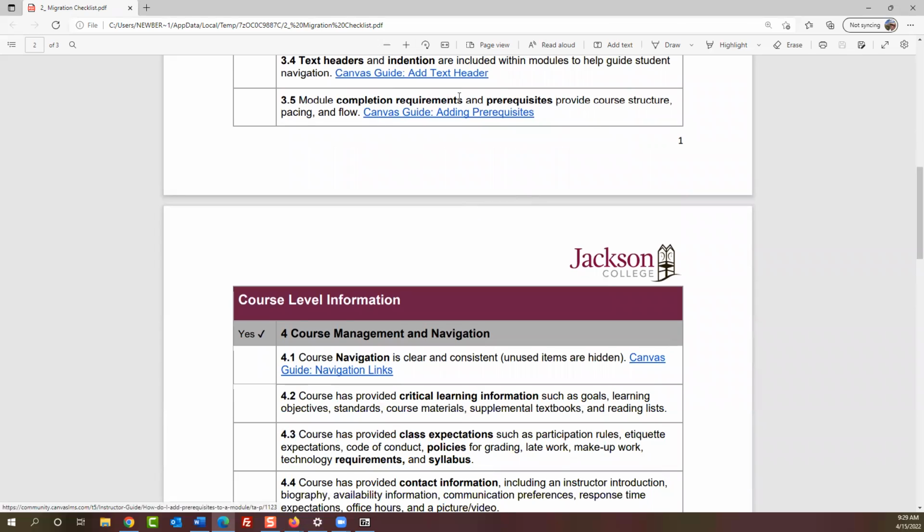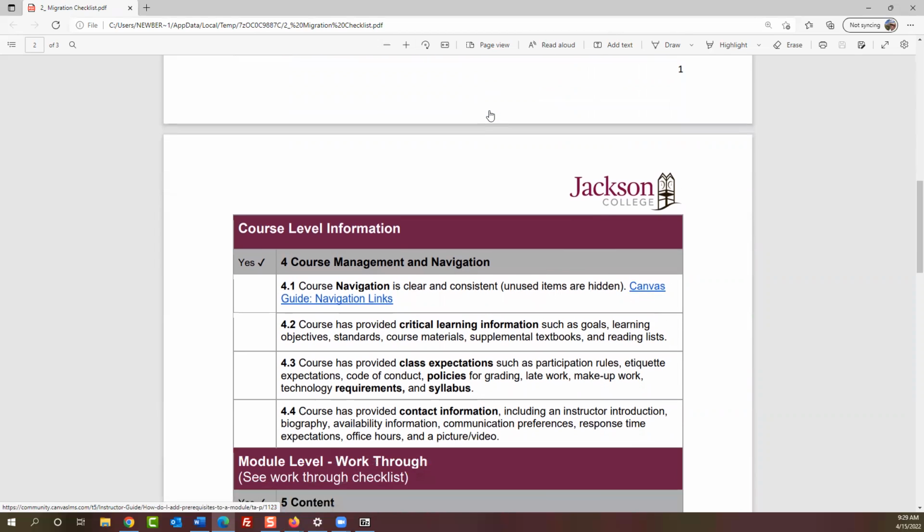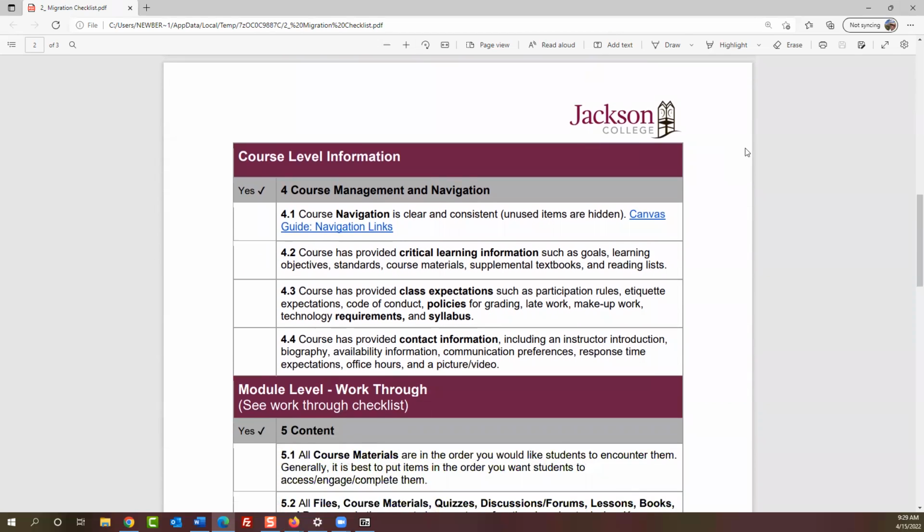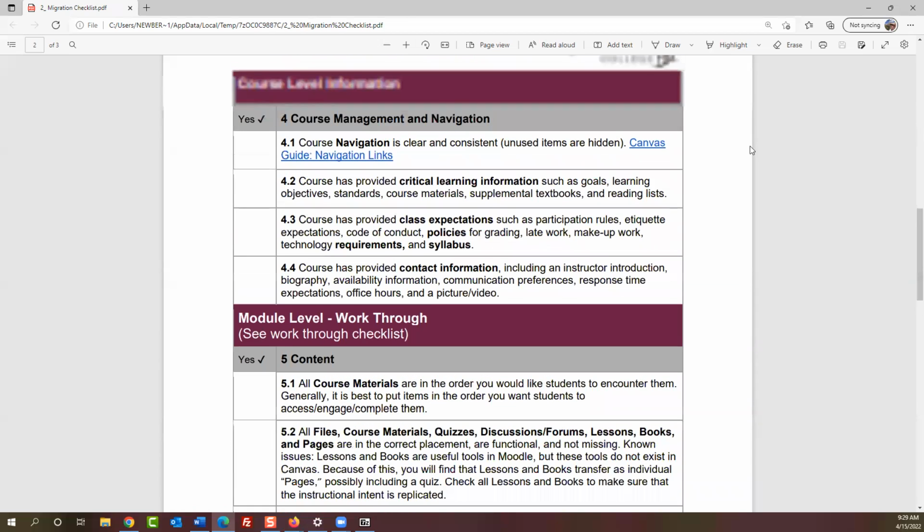And then module completion requirements and prerequisites. Here's an information piece about prerequisites that you might find useful. Then at the course level information, your management and navigation, make sure your navigation is clear and consistent. Unused menu items are hidden. Here's a Canvas guide. Course has the critical learning information like goals, objectives, standards, materials, supplements, and so on in